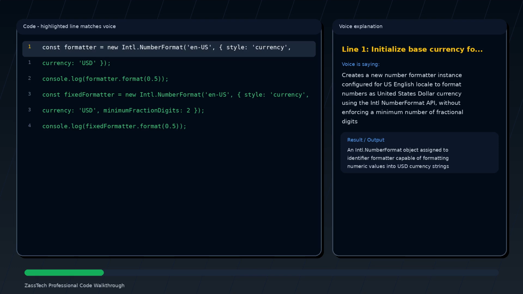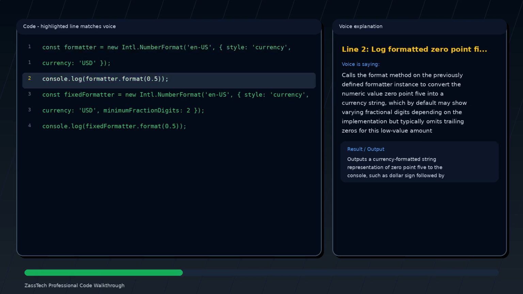Creates a new number formatter instance configured for US English locale to format numbers as United States dollar currency using the Intl.NumberFormat API without enforcing a minimum number of fractional digits. Calls the format method on the previously defined formatter instance to convert the numeric value 0.5 into a currency string, which by default may show varying fractional digits depending on the implementation, but typically omits trailing zeros for this low-value